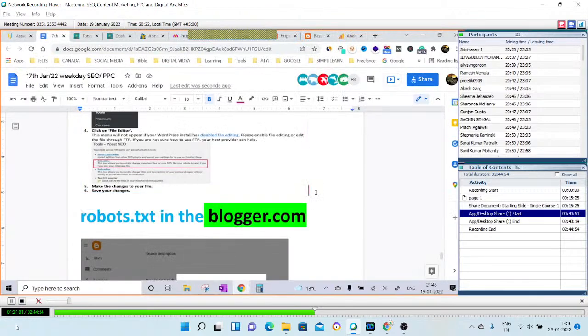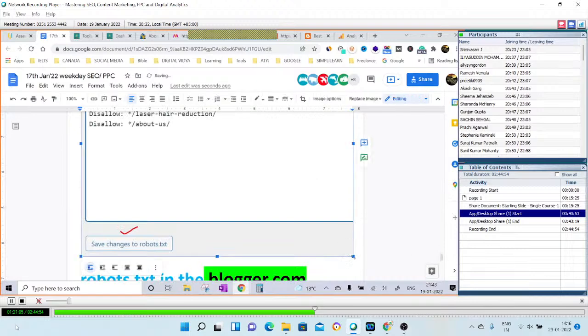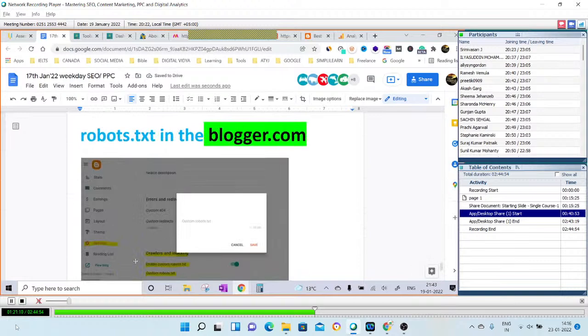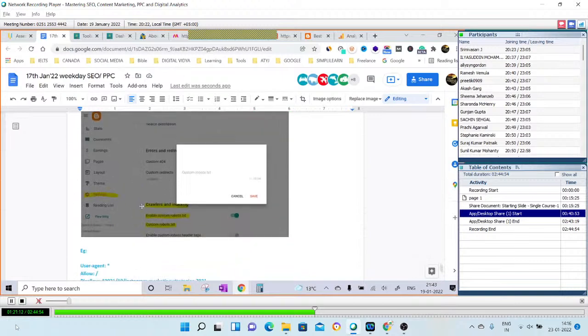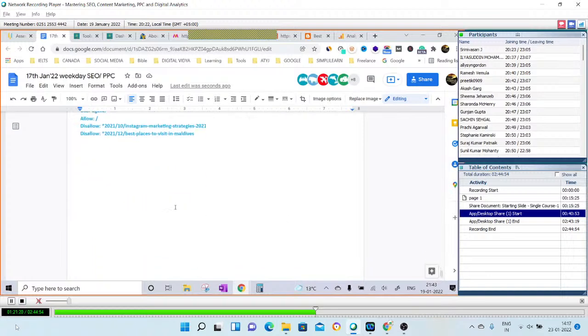Okay. So after that, you just go and do that. Okay. After that, if you're in blogger.com, then you just go to the settings, you go to crawler, enable, and custom robot. And the same way I've given you the example of the format here as well. Okay. So this is how this is done for both of the platforms. I hope this is clear to everyone now.